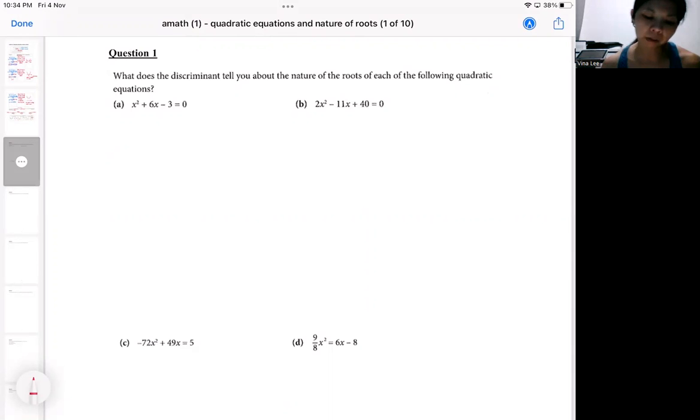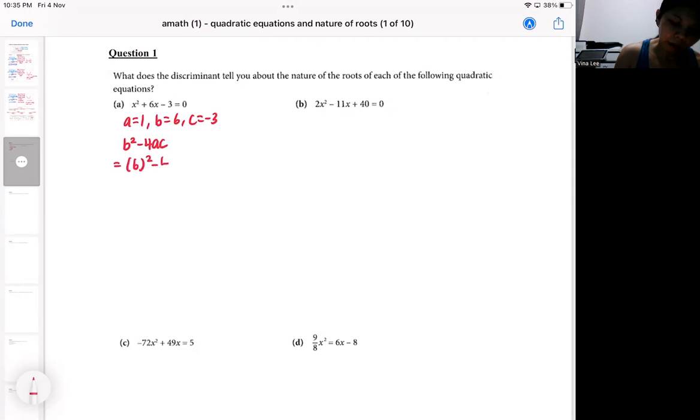So in this question, what does the discriminant tell you about the nature of roots? So the question is, what does the discriminant tell you? I'm not going to calculate the roots. I'm still going to get my a, b, c. I'm going to calculate the value of the discriminant. I'm not going to work out the roots. So in this case, after I calculate the discriminant, you realize that you are getting a positive value for the